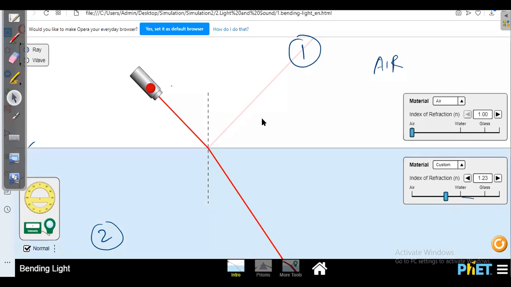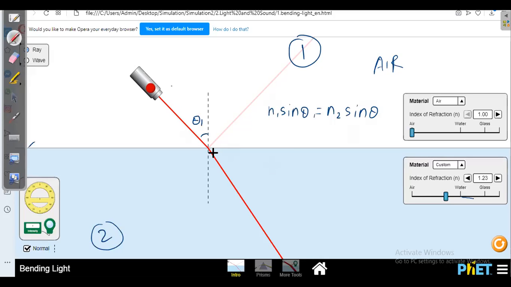So in this process, there is some reflection and also refraction, because the angle has changed. Here I am not changing this angle. Theta 1 I am keeping constant. Now I am changing the medium properties. Previously what I had: n1 sine theta 1 is equal to n2 sine theta 2.